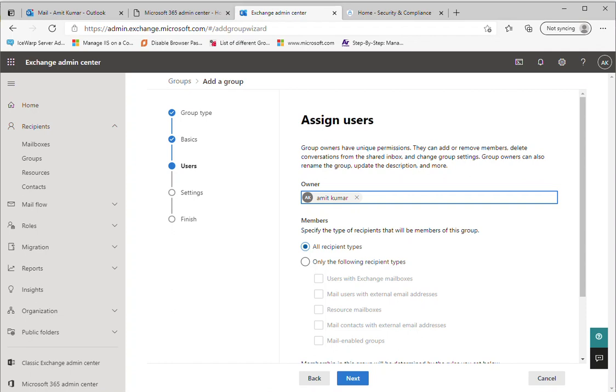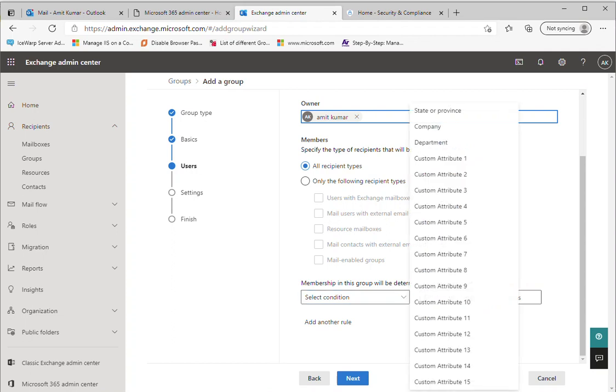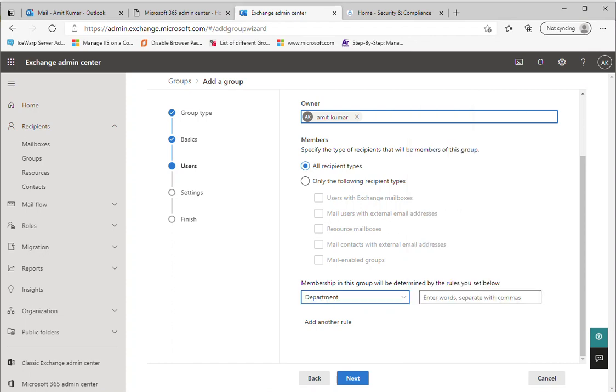Here you can specify the members as per your requirement, like if you want to specify by a condition, you need to click on the select condition. Here you can specify the department, and all the members who are part of the IT team will be members of this group.